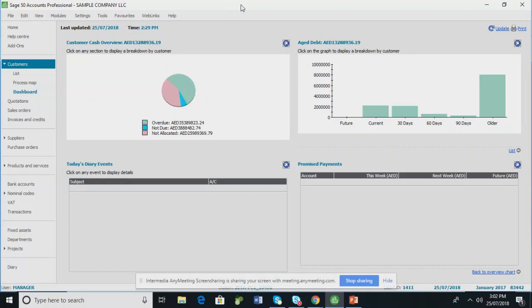Today we are here to demonstrate Sage 50 Accounts UK edition, which is the flagship product of Sage for the mid segment and small segment. Basically, the software is designed for